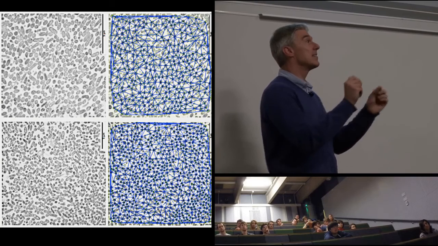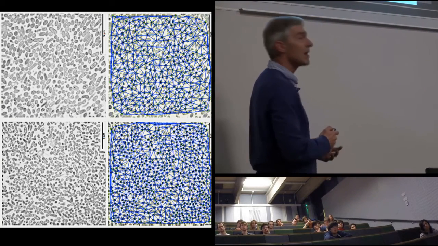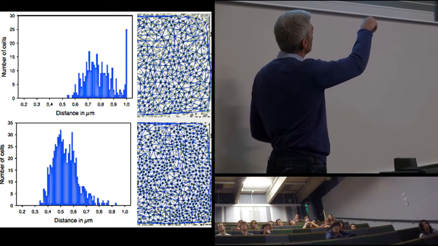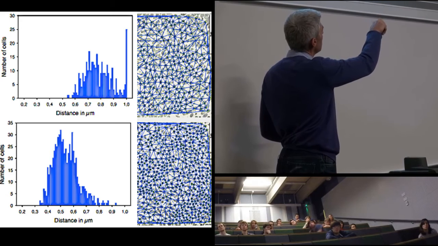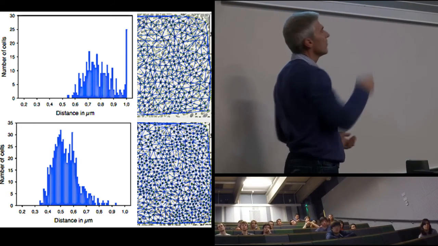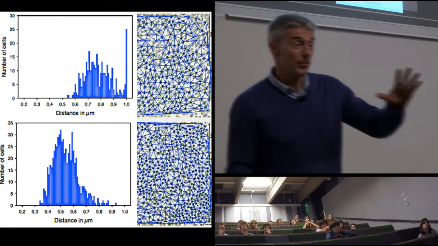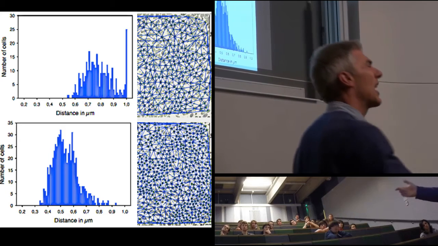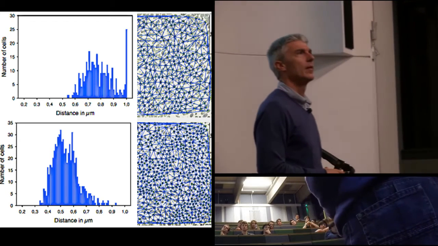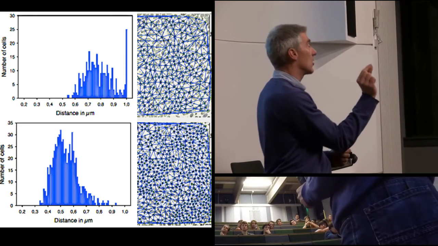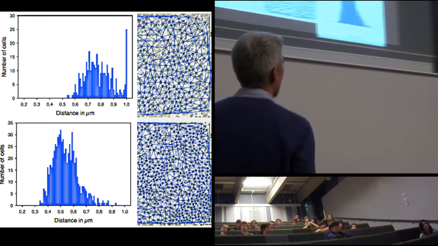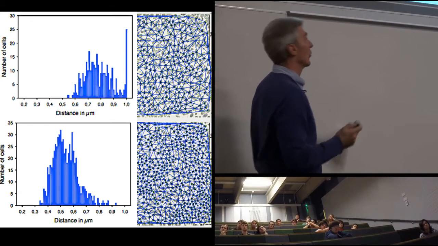And when we plot the distribution of distances between nearest neighbours, that's what we see. So here's the distance, this is the number. Around here, the mean distance between nearest neighbours is 500 nanometers. What I'm going to tell you right now is that these are very, very wide. What would it look like if it was perfectly ordered? Yeah, it would be a really tight curve, a tight distribution, a delta function almost. Now, that's a disordered system, or quasi-ordered system.